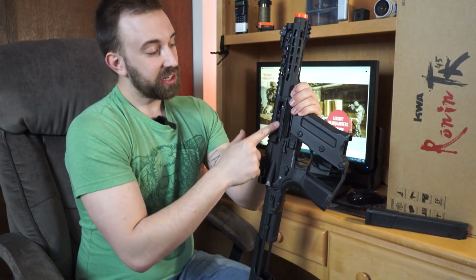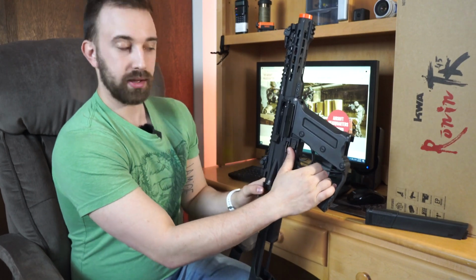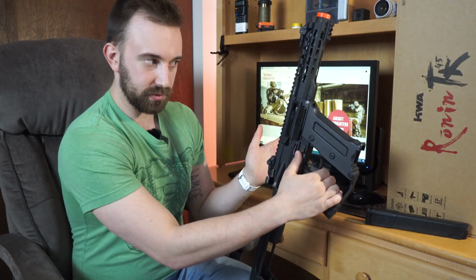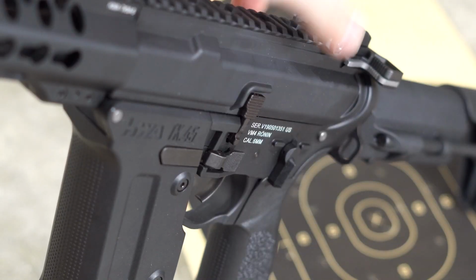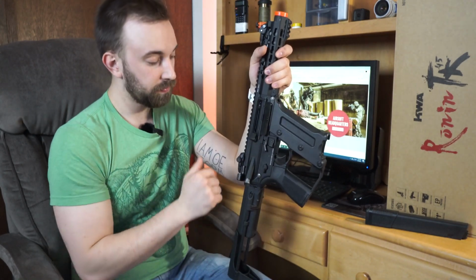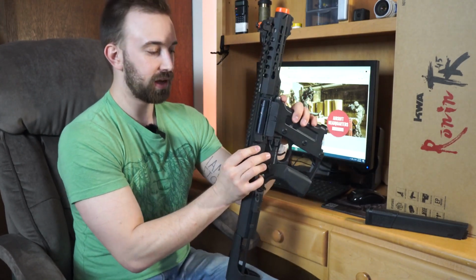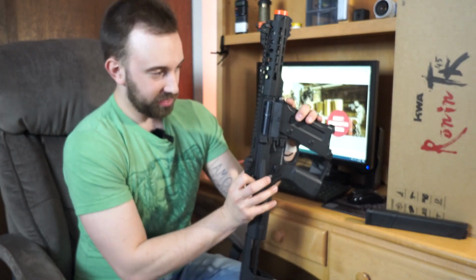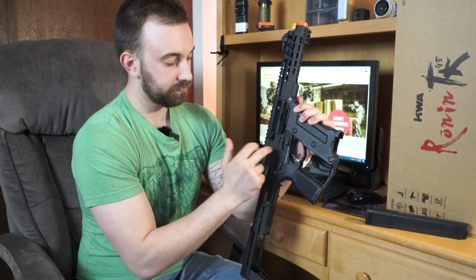So with that imitation bolt back, you can hit downwards on that right-hand bolt release, again pushing up in order to retain it. You can also hit on the left side bolt release in order to push that forward. So the bolt releases do work, it's just that inconvenience of having to assist with that imitation bolt as far as pulling it back. Anyway,